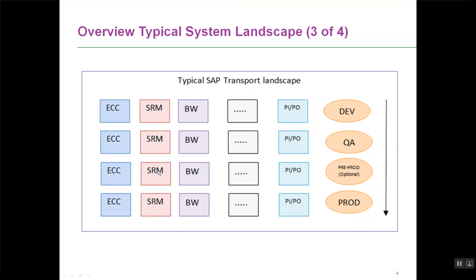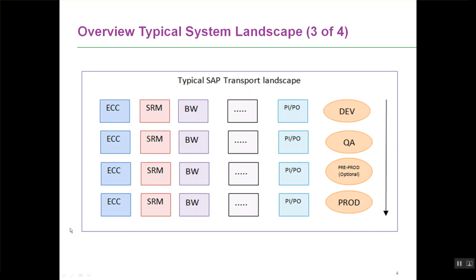What physical instance or what is the database server this SRM system is running on? Basically all this information is available in your system landscape directory. Your SLD will provide you with information around what are the products and software components that are available in your landscape, what are the products that are being used, what are the various transport groups in your landscape, and for each system in your landscape, what is the physical detail of the system: what is the IP address, host name, what is the database, what is the client, what are all the patches on the system, and so on.